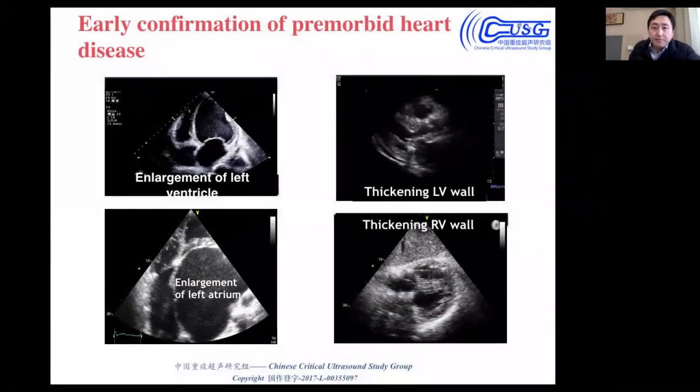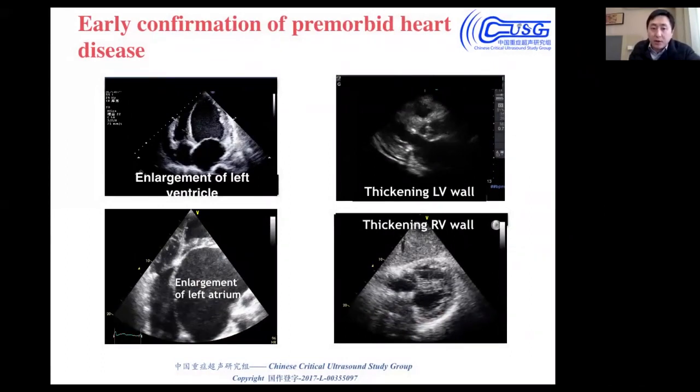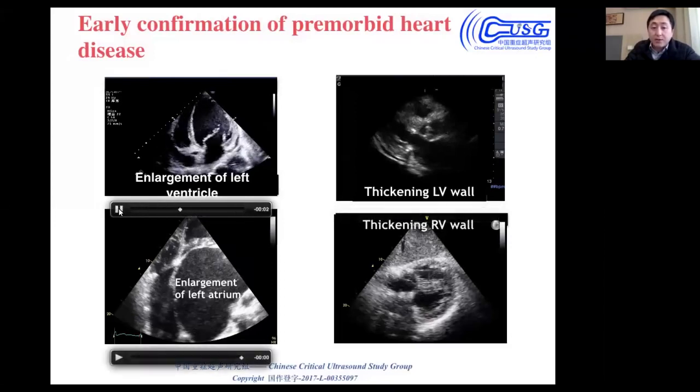And the change of the shape of the chamber may be very useful for us to assess the patient's basic chronic disease. As we see in these videos,